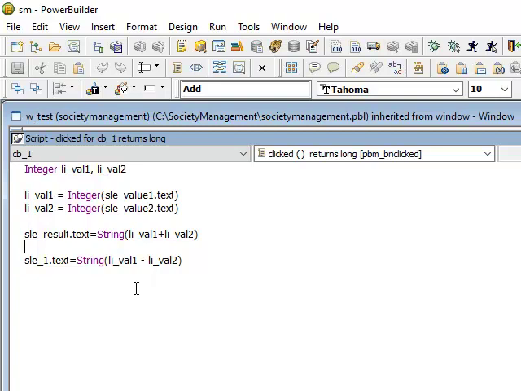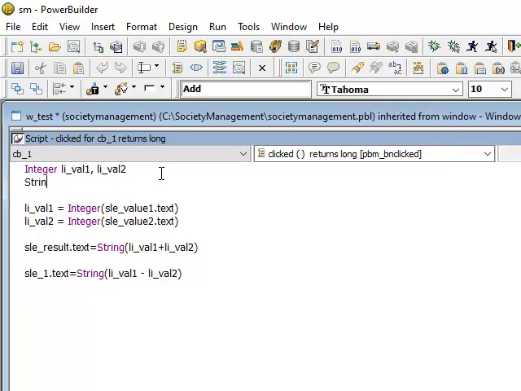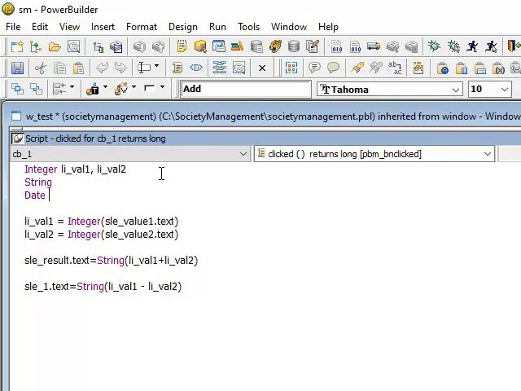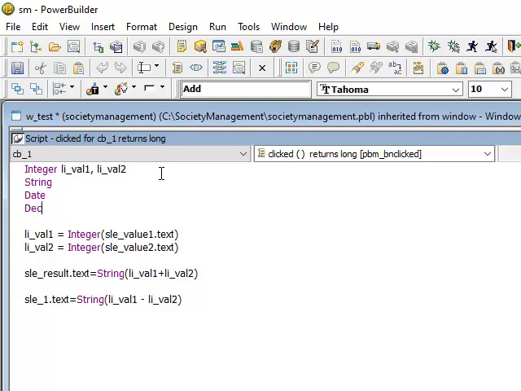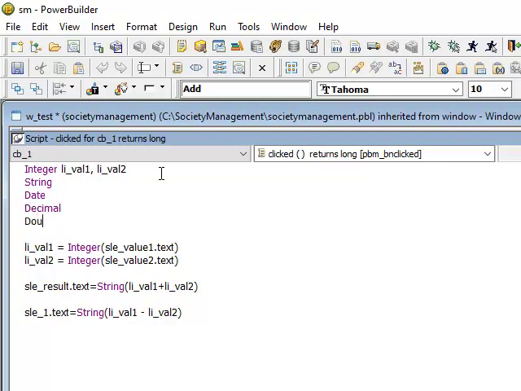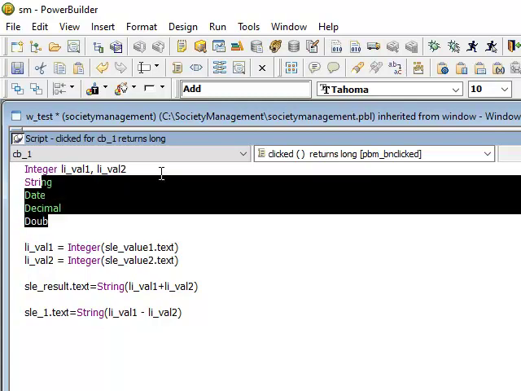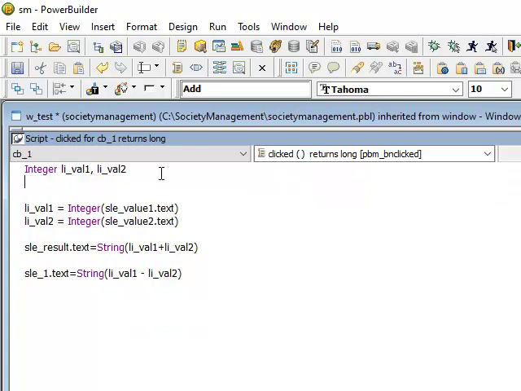Okay, let's say in your house also you have different containers, right? In one box you have rice. In one box you have dal and all, right? So similarly, we have integer type of data types, right? And then you have string type, you have date type, you have decimal type of data types, you have double. There are many. You can search in Google, right? There are many data types, but yes, whatever value you are going to store, you define the variable of that particular type.